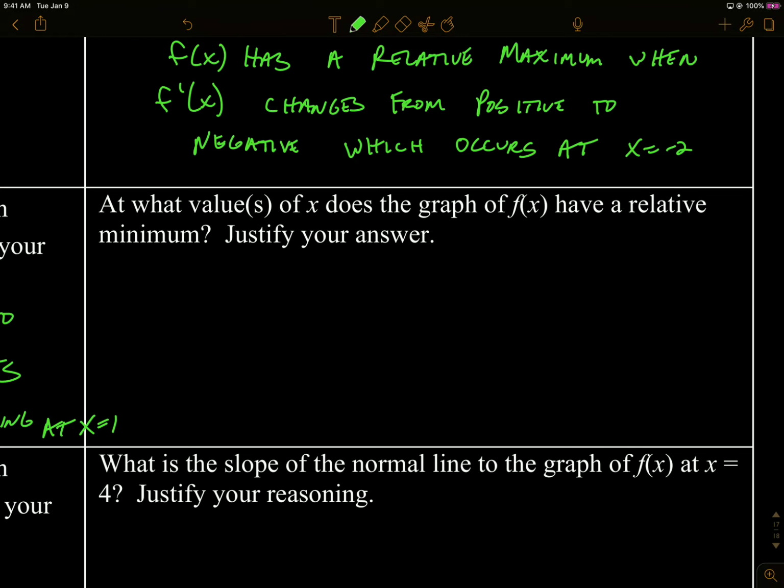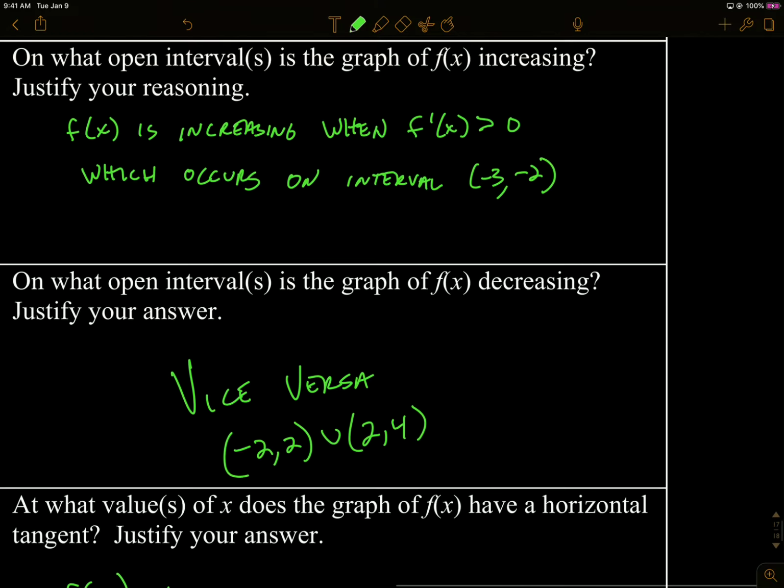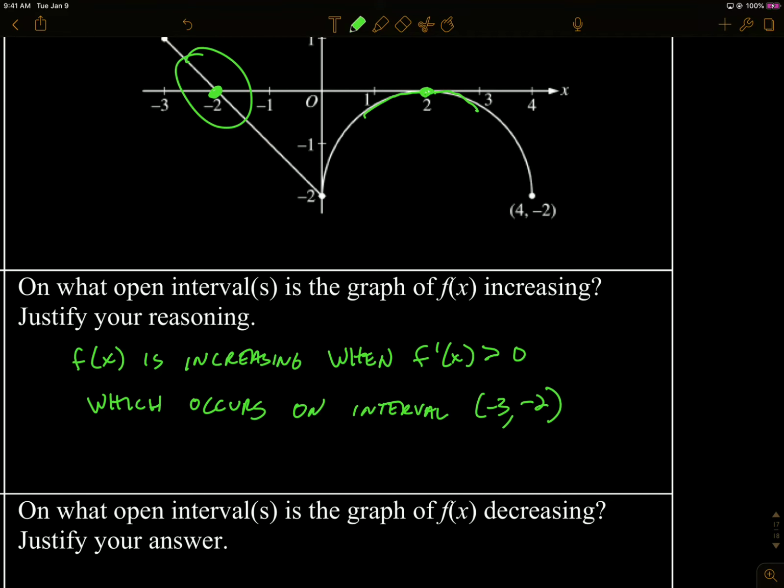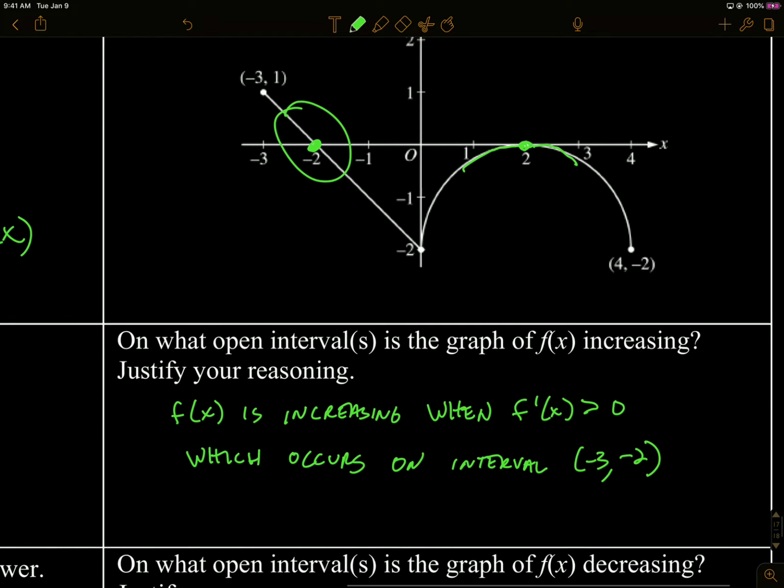Again, this will be the vice versa idea. We want the derivative to switch from negative to positive. It does not happen on this graph. Here, our derivative is negative. It gets to 0, but then it stays negative. So on f at that point, what could have been happening